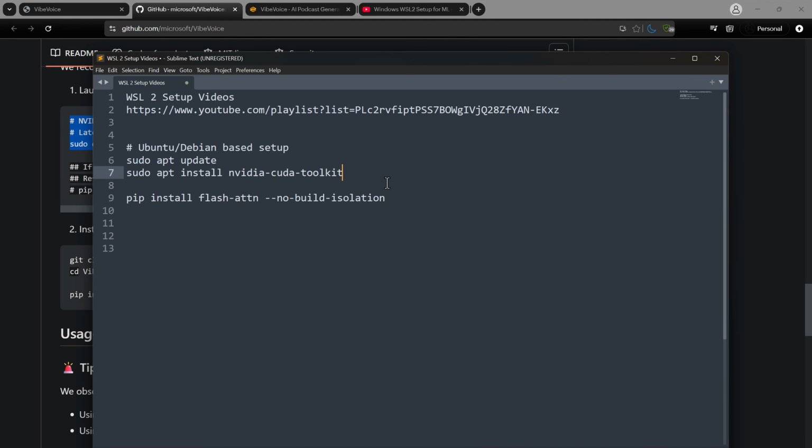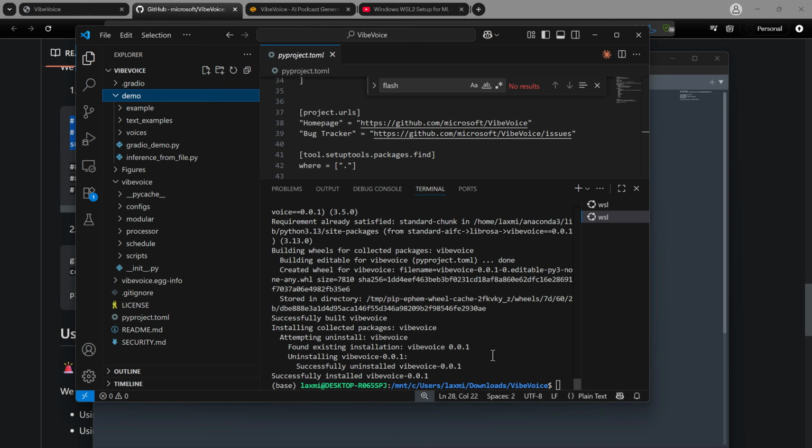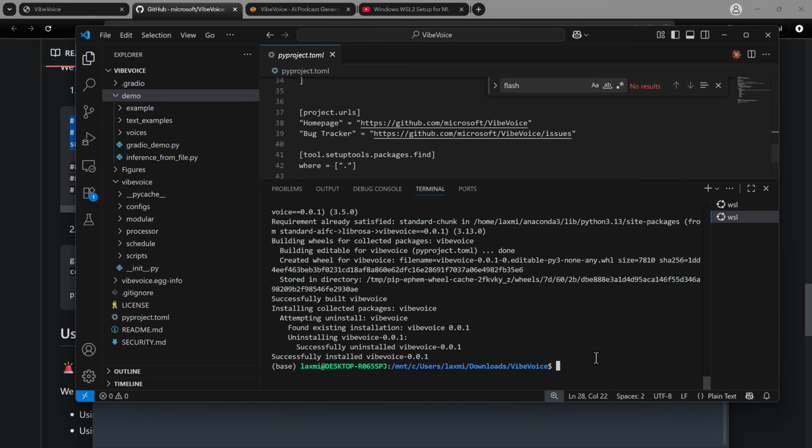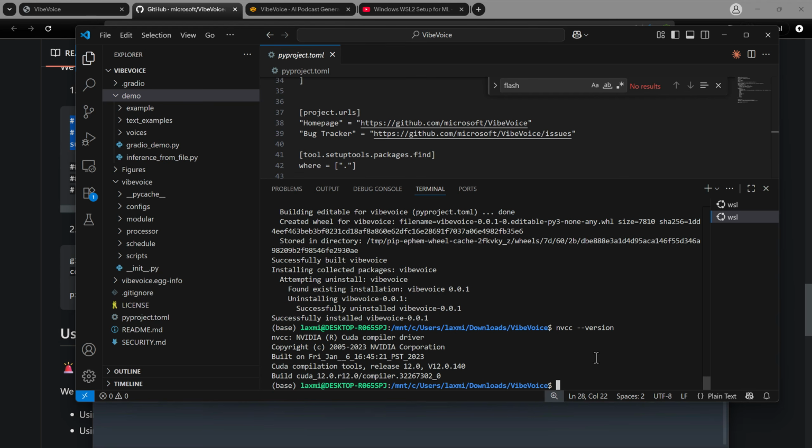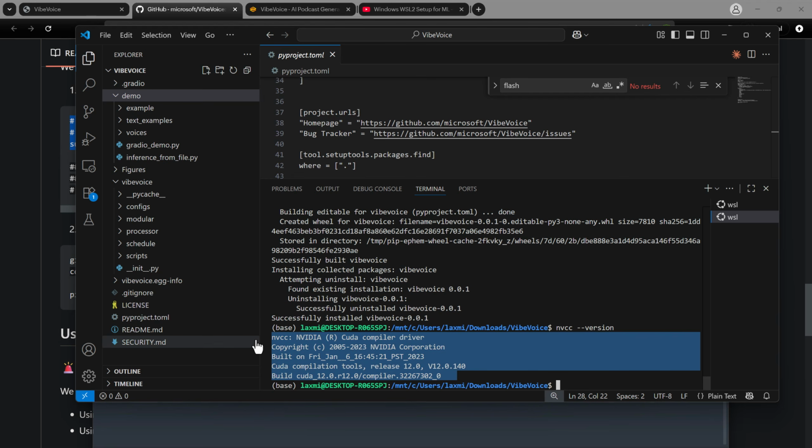Once you do this, thereafter you can check here nvcc --version. With this, if you write that, you should be able to get the NVCC version. Otherwise, if you don't get that, that means you do not have a successful installation. So let me just check that. nvcc --version. With this, you will get this version, the NVIDIA CUDA compiler driver. That means this particular compiler driver is working in my WSL2.